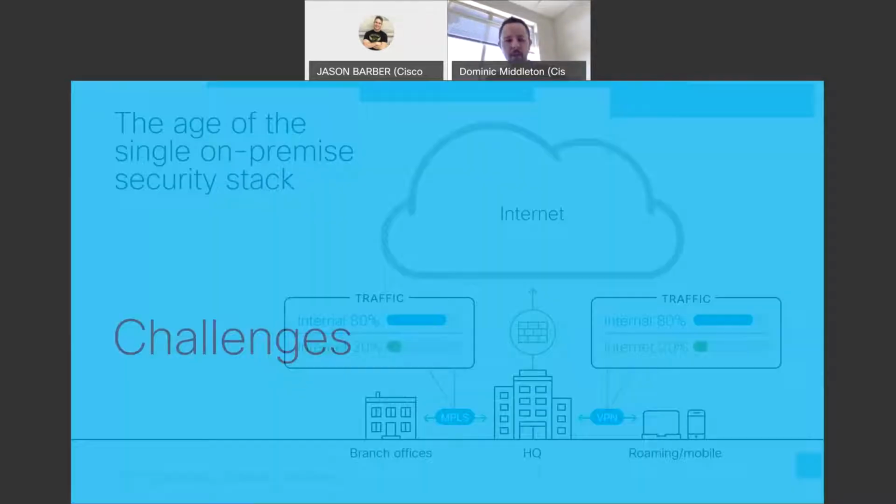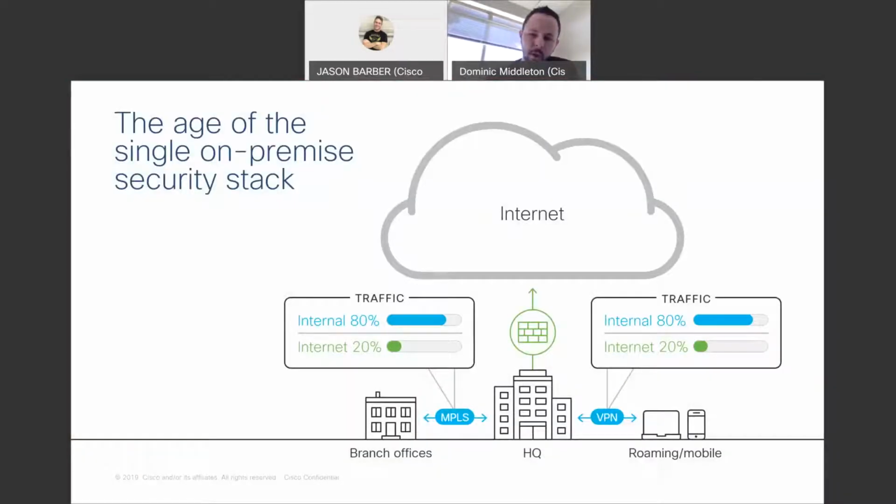So first of all, jumping into some of the challenges, why SASE in the first place? Why are we even having this conversation with a lot of our customers? So going back in time just a little bit, what this looks like for business operations, business continuity, mostly pre-COVID. This is like 5 years ago and beyond. This is what it looks like for business operations.